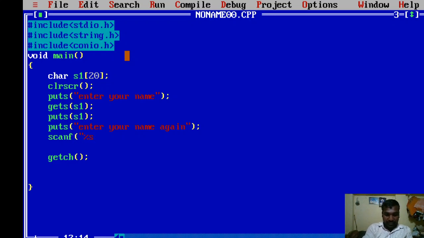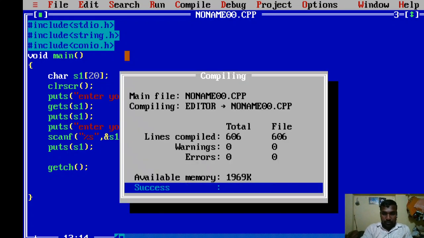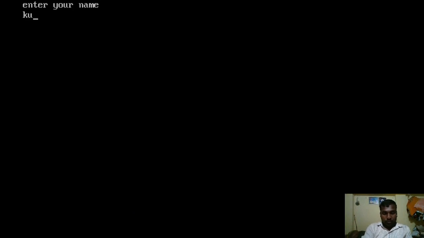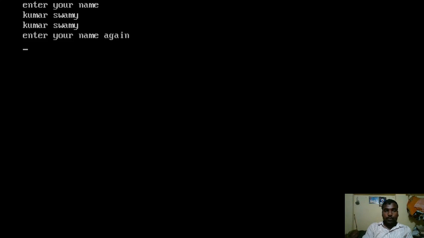Scanf percentage s, address of s1. And I am trying to print that with puts s1 one more time and execute this program. Enter your name: Kumar space Swami. So it is printing Kumar Swami as usual.